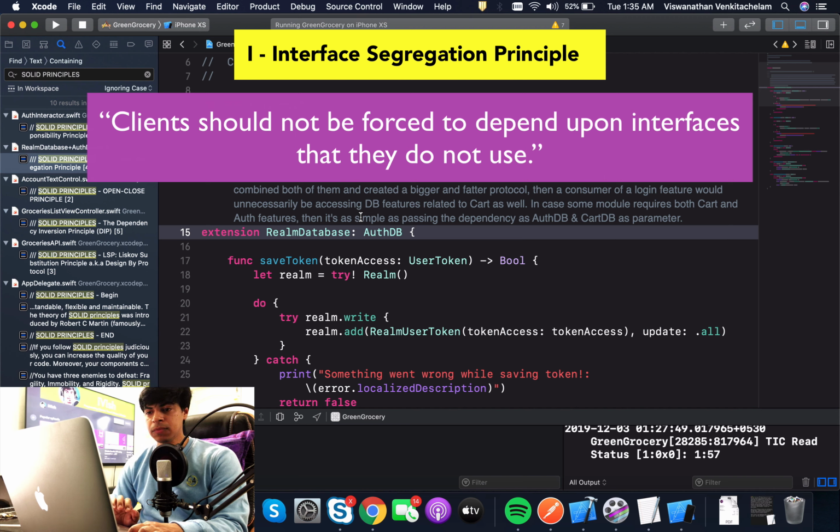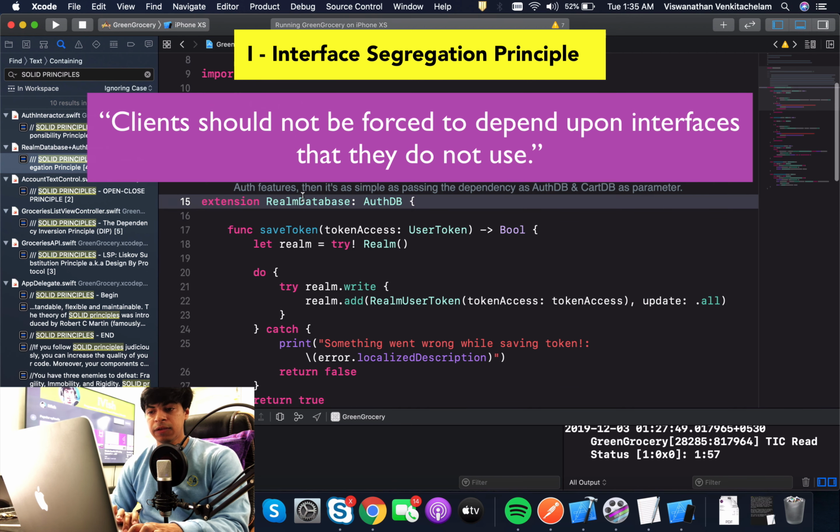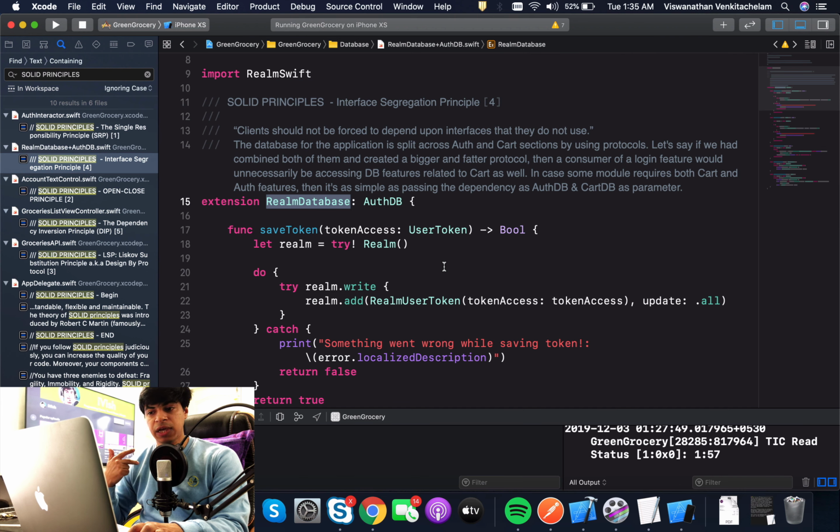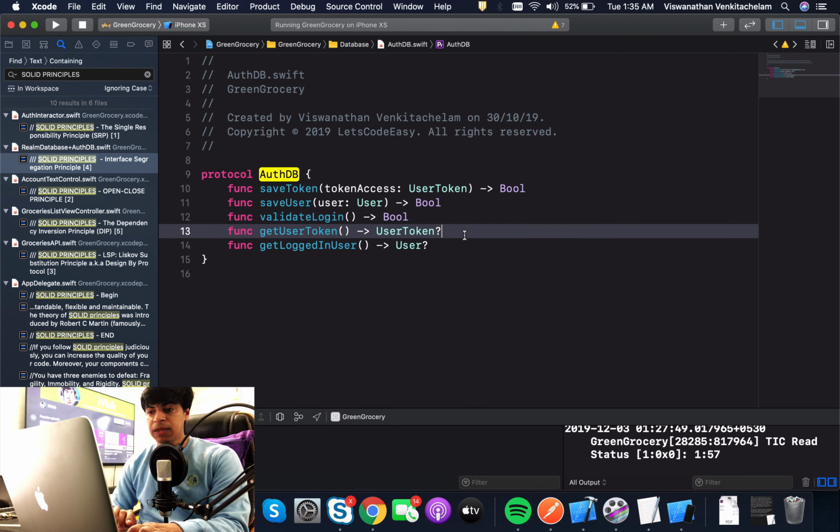Simple as, let's say I have created a big database which does different kinds of jobs. Let's say it is used to save your authentication, authorization responses. It also saves your shopping cart. It saves your grocery items locally, everything. If I am just exposing that database through one interface having all the functions, let's say in this case, instead of the auth db, if I had something called my grocery app db,